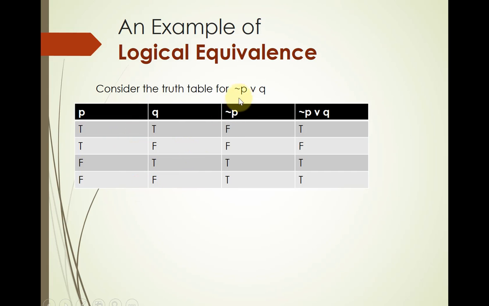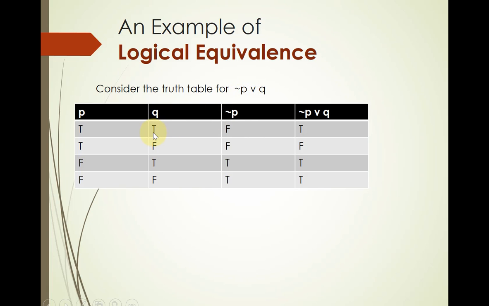Then you put in another column for whatever else is in the expression, so not P is also in the expression. So I put in not P: if P is true, then not P is false. P is false, true, false, true. And then instead of comparing these two, because that's not what this says, it doesn't say combine P and P or Q, it says combine not P or Q. So compare these